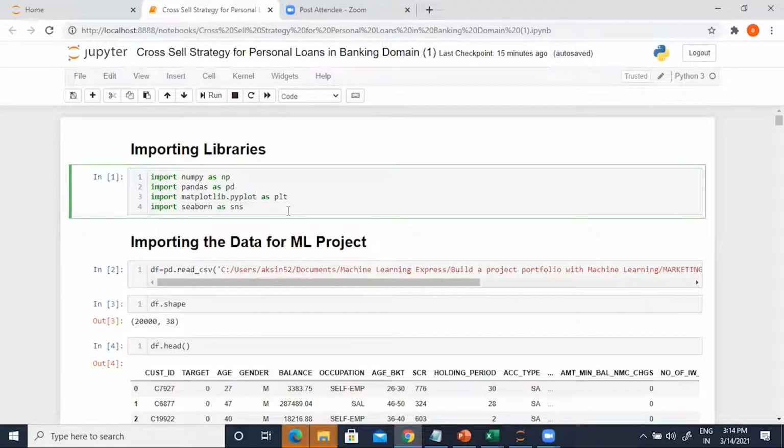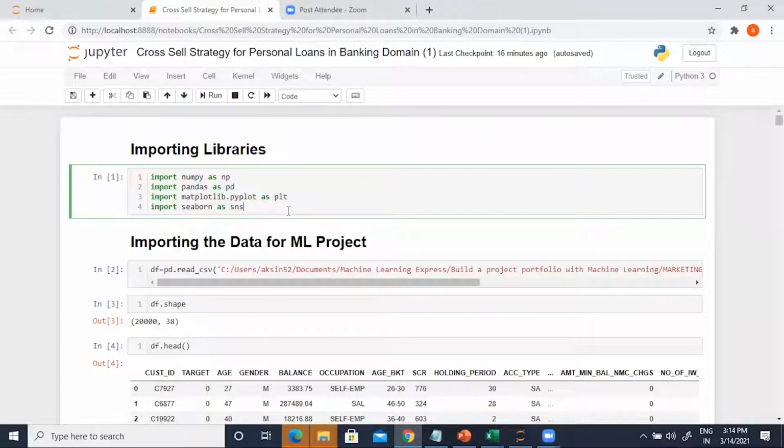Let's get started. I will be running these codes one by one. I would encourage all of you to follow me by running them on your own, and let's go through the outputs as soon as they come. The outputs won't take much time in appearing, and the code is designed in such a way that you will spend more time looking at the output and analyzing it rather than spending time coding.